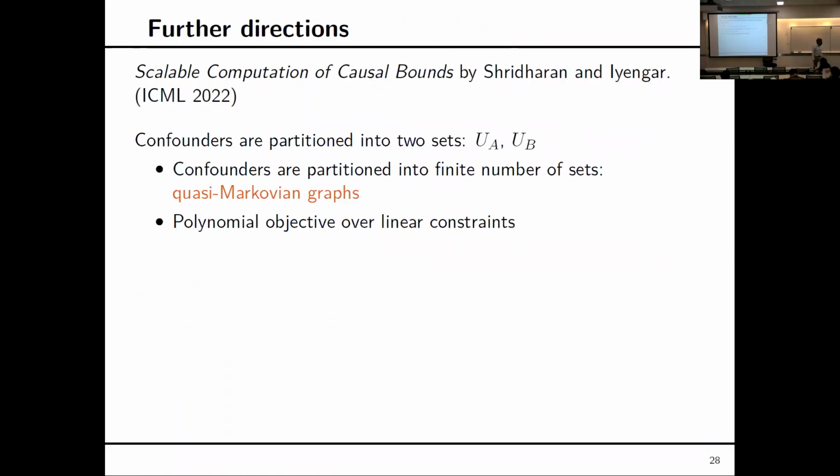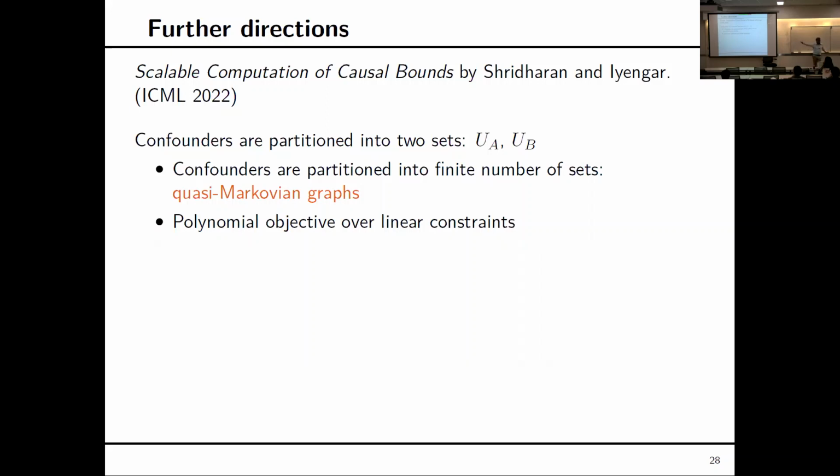The two things that I do want to talk about are things that we are stuck with, which I think are going to be interesting. We now know how to do it when the confounders are partitioned into two sets, UA and UB. Going back to the doctor appointment example, there are some treatments that are done by the surgeon, another set of treatments done by somebody in the medicine department. They potentially have their own separate set of biases. They're not correlated. Can we extend this to a finite number of sets, UA, UB, UC, a partitioned set? But now the problem is that you end up getting